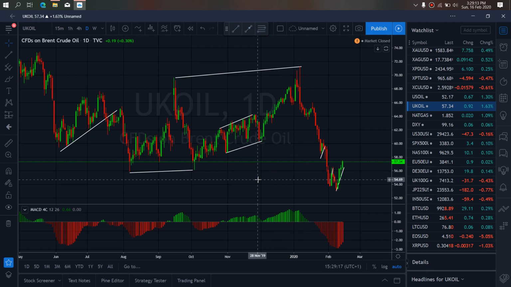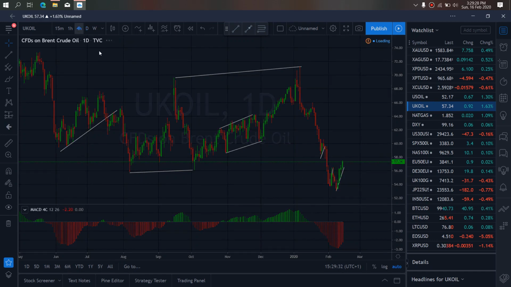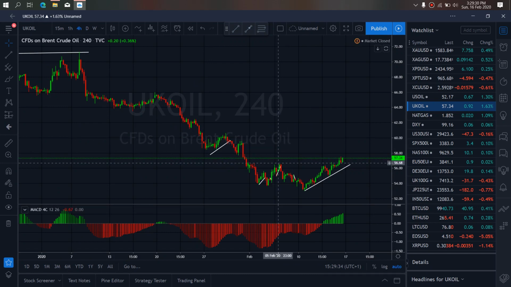On UK Brent oil for this week, throughout last week, UK oil was heading up, was in the buy momentum, and this week we expect them to resume the buy upside on Brent. So if we zoom to 4-hour time frame, we see on the 4-hour time frame they corrected back a bit,